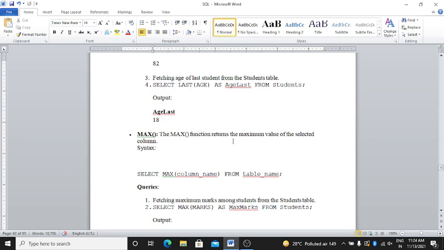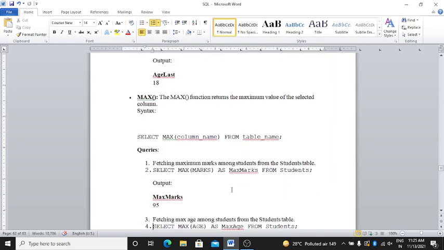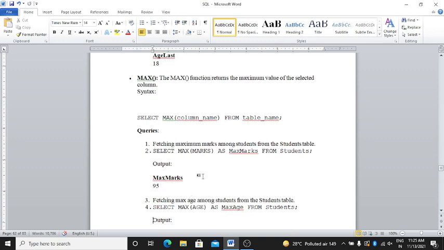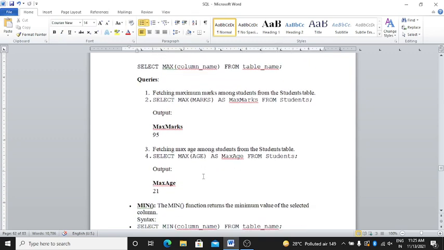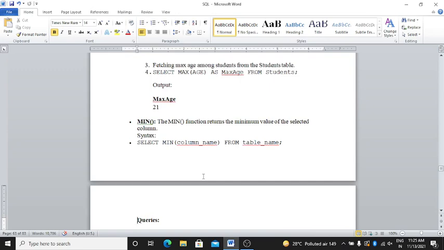Next is max. The MAX function returns the maximum value of the selected column. The syntax is the same: select MAX(column name) from table name. Query: fetching the maximum marks among students from the student table.